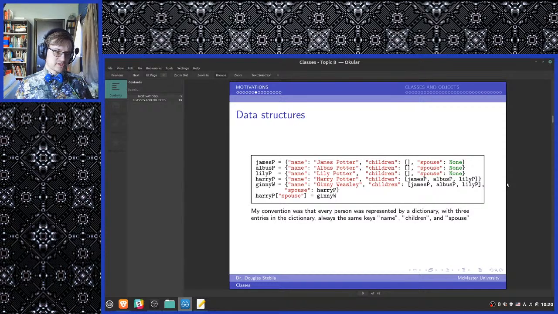Isn't that a circular reference with the spouses of Harry P. and Ginny W? No, it's not a circular reference. Well, it is in the sense that you have two data structures that refer to each other, and that would run us into a problem if you were ever doing anything like recursing over spouse names, but you would never recurse over spouse names anyway, so it doesn't really matter.